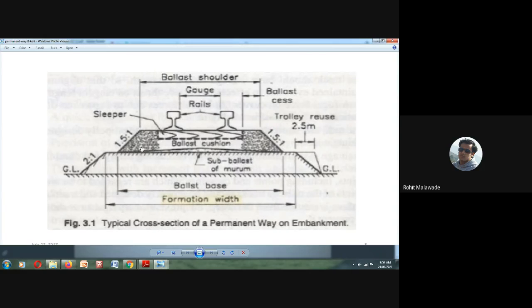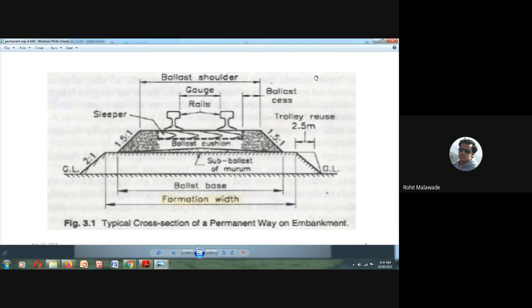To facilitate drainage, it should drain off the water entering from its top. Your formation level should have the capacity to drain out whatever rainwater it receives from the ballast, or else, as I have told, it is going to lose the soil. It should provide a smooth, uniform, regular and graded surface on the width of the ballast, so that it can move on the surface safely.